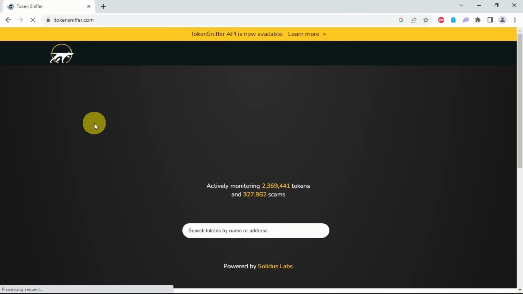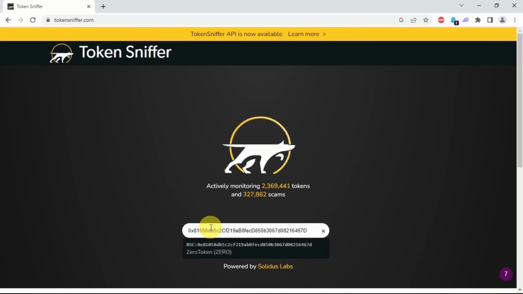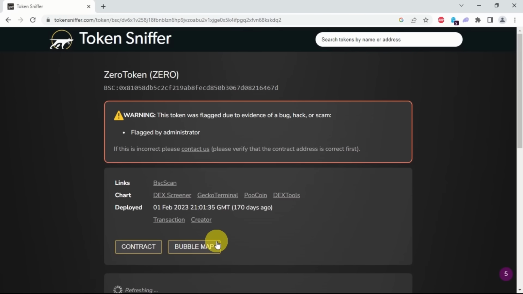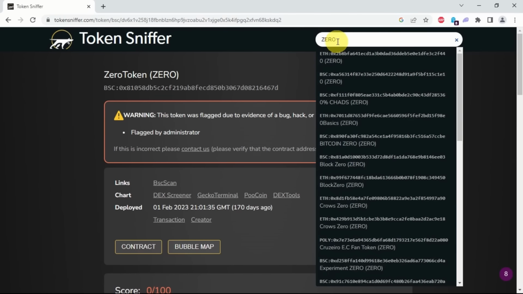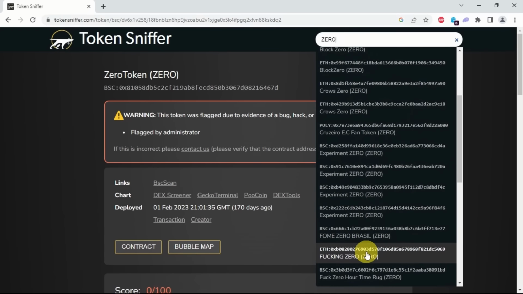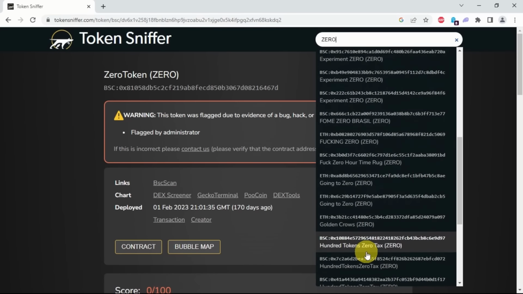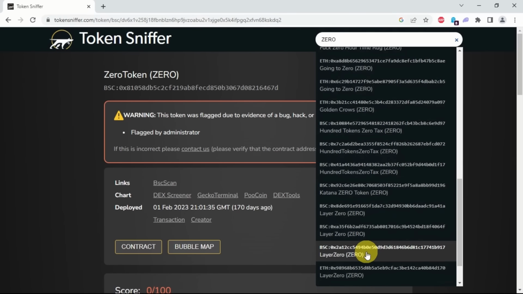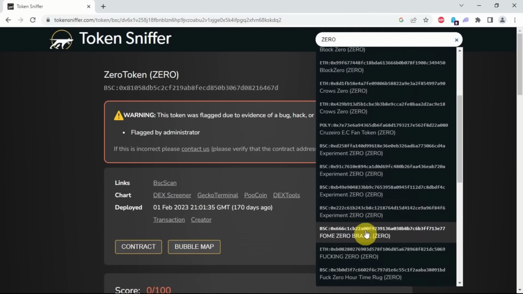Let's go to Token Sniffer for this and paste the contract address of this token. As I have mentioned before, you can get the contract address from CoinGecko or the token website if they have one. Here's another interesting thing you will find. It can be quite difficult to get results just by using the token name in platforms like CoinGecko, Etherscan, BSCScan, even Token Sniffer, as a lot of tokens have the same name.